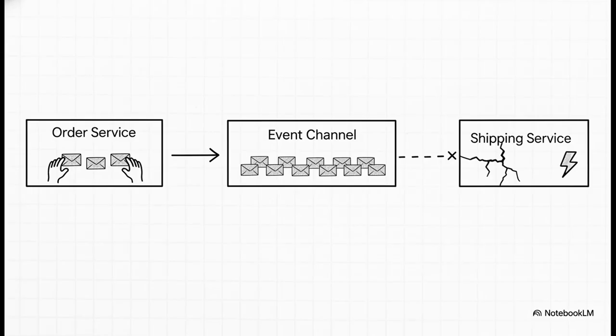So, here's the key takeaway. That incredible performance and reliability all comes from loose coupling. Because services aren't directly waiting on each other, they can act on their own. If the service that sends shipping notifications goes down for an hour, who cares? Customers can still place orders. The order-placed event just sits patiently in the event channel, waiting for the notification service to come back online. That whole cascading failure we talked about, it gets stopped in its tracks.